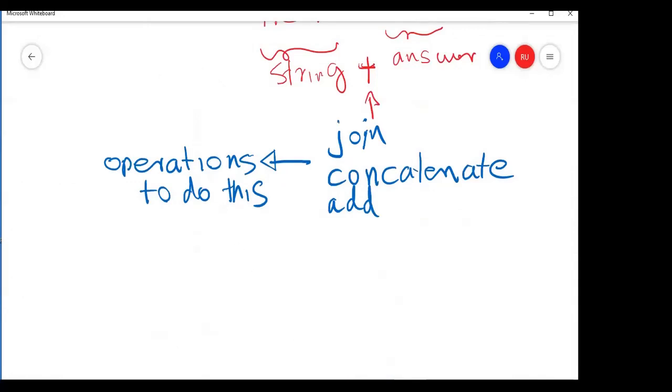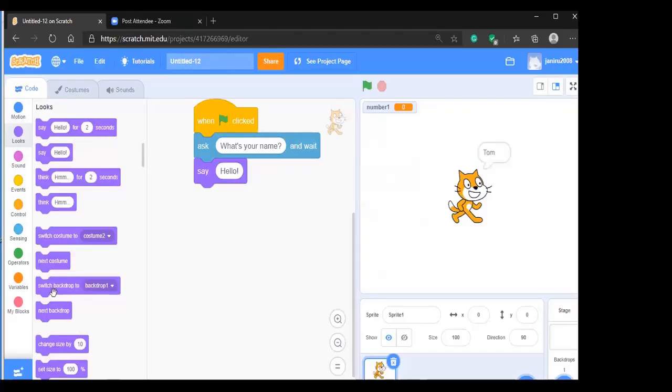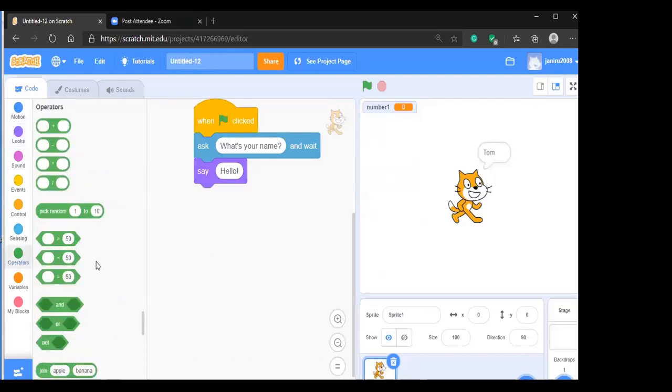In Scratch also you have something like this. We will go to Scratch, and then to the operators. There's an operator section, the place where you have the predefined operators. You can see addition, multiplication, greater than, equals, and those kinds of operators.